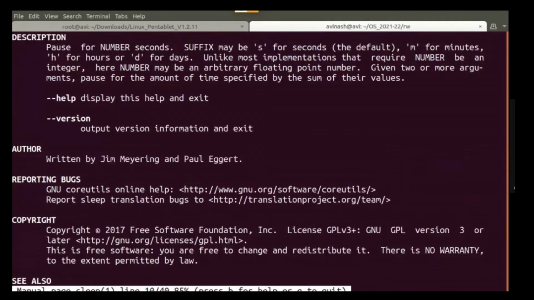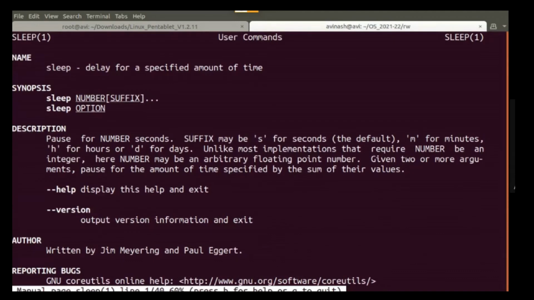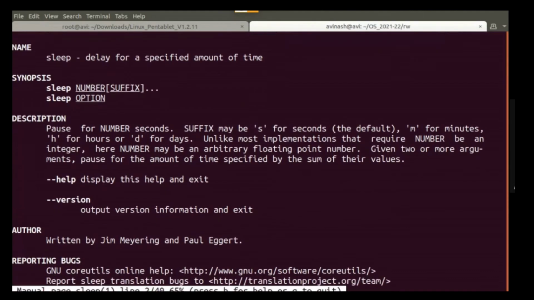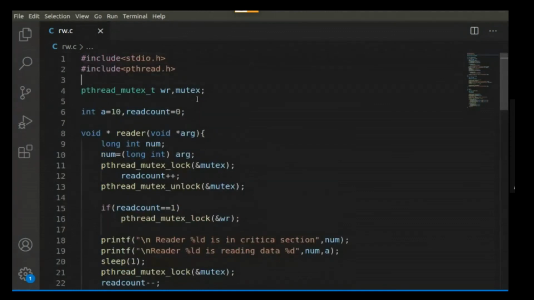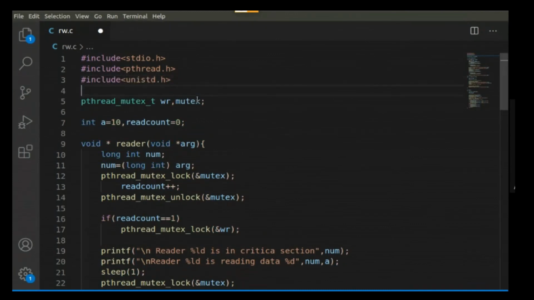It has not been mentioned here. Okay, let us try to include unistd.h and stdlib.h.